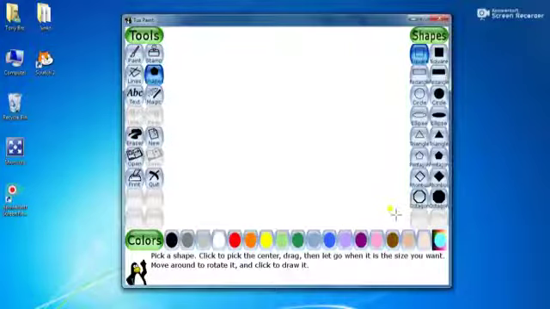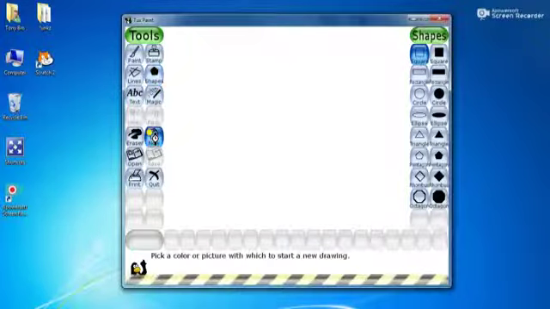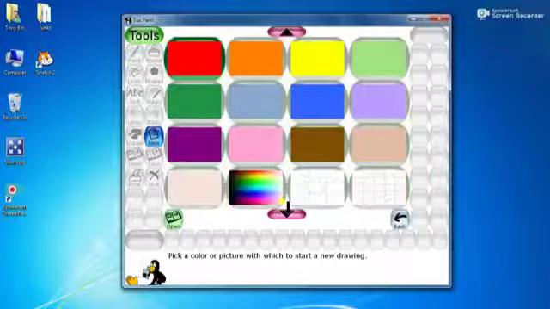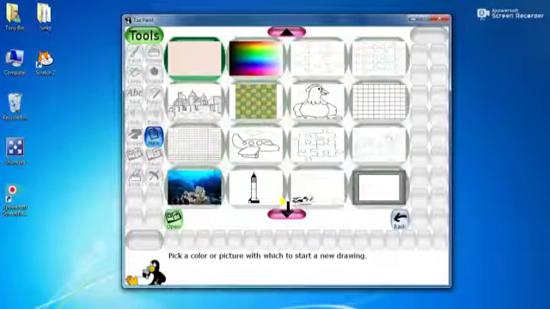now let us start a new drawing. For a new drawing I need a good background. So click on New. Here are colored backgrounds, solid colors, and if you click on this down arrow button, some graphics are here.